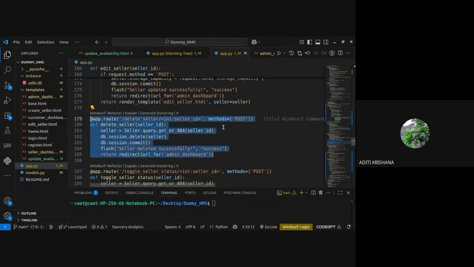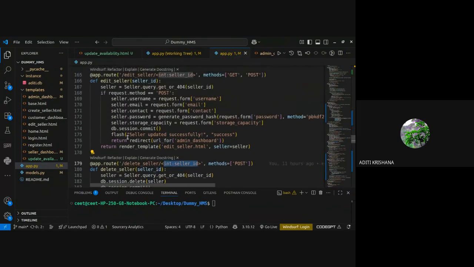That we have to create a route for delete seller, then whatever id we are taking, that we have to take. And remember, yesterday I came across that some students are struggling with which id we take here and which id we have to mention in the html page.